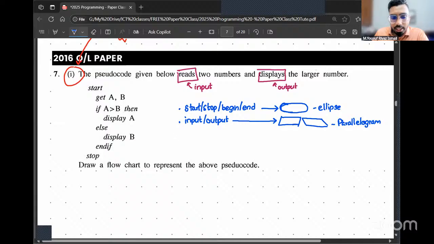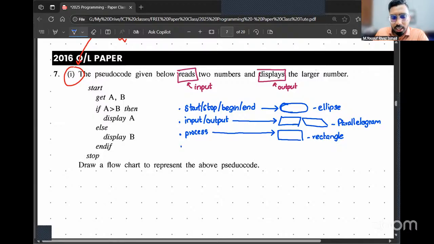Okay, then if you're going to talk about a process, like an instruction talking about an equation, a calculation kind of process, what is the shape we use to depict a process? Correct. To depict a process, we use the rectangle shape. Within the rectangle only, we have to mention the process. Again, my shapes are not perfect, but when you're drawing, make sure you draw it properly.